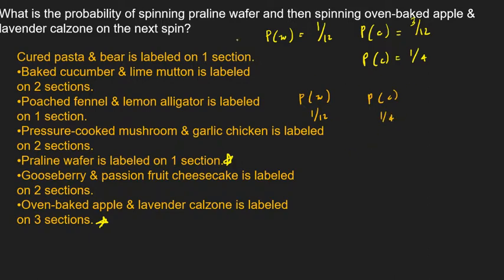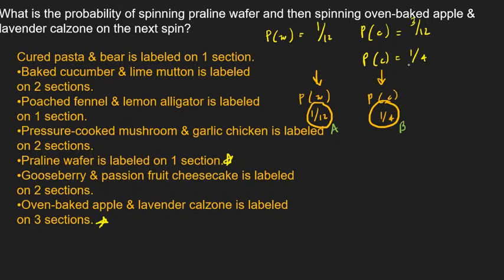Okay, I want to know what's the probability of spinning this one and then on a second spin spinning that one. So what's the probability that this occurs and then that occurs? You're going to use your formula from the previous slide and fill in these probabilities for A and B. So maybe you could assign, it doesn't matter, this one to be event A and this one to be event B. Again, go back to the last slide and fill in your